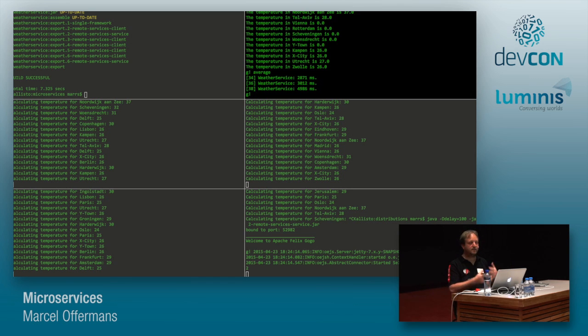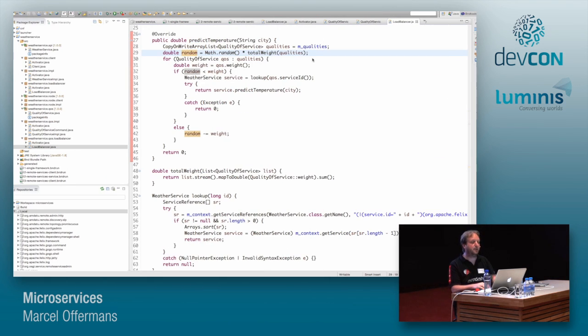So this is a nice way of creating a load balancer that will actually measure how fast services respond and distribute the load based on that. I have one final example. I still probably have a little bit of time for that. Which is health checks, another important thing to look at when you're writing these distributed systems.